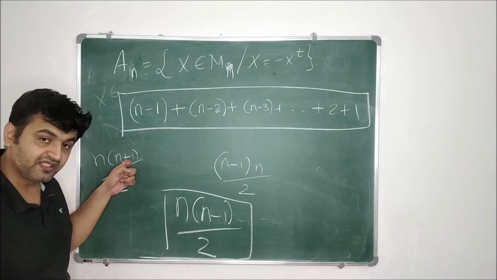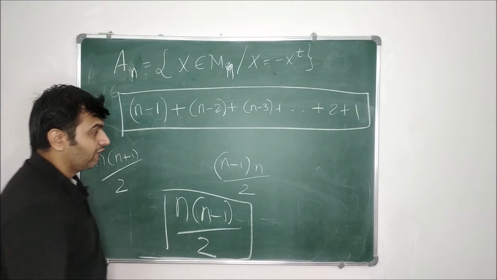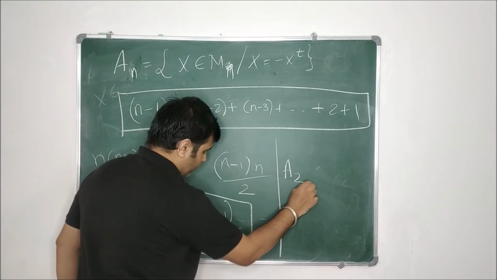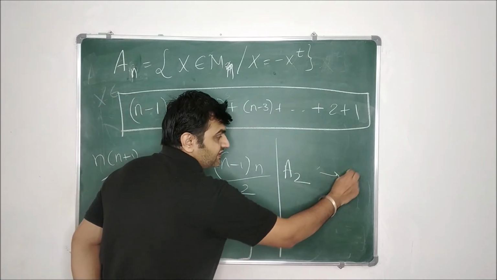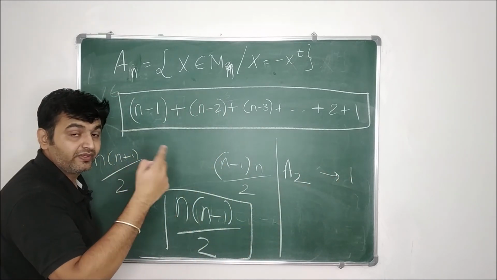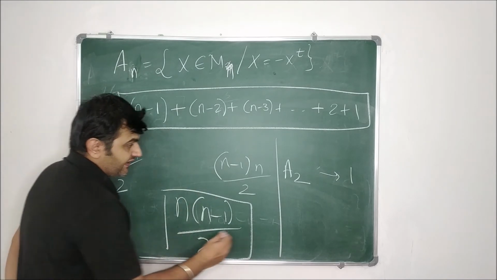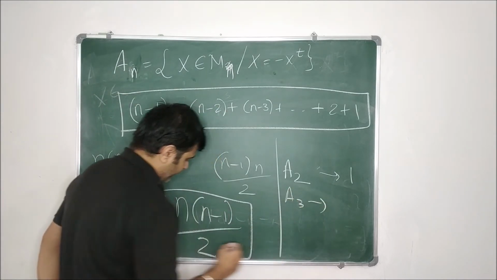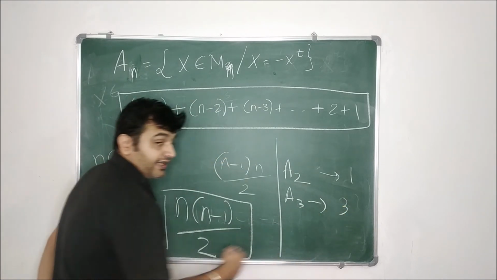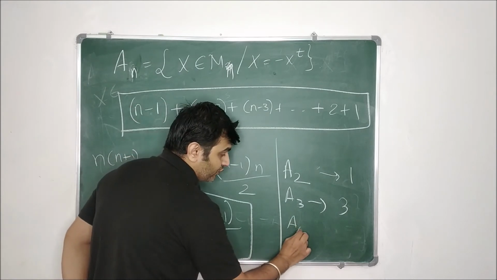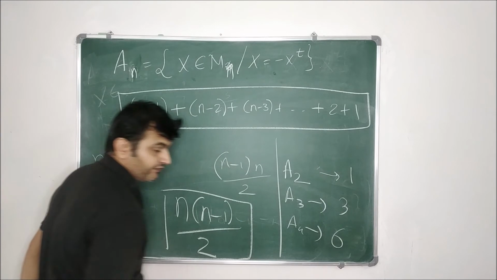For symmetric there is a plus sign, for skew symmetric there is a minus sign. And you can verify what was our A2. When your n is 2, you put n equal to 2. 2 gets cancelled, 2 minus 1 is 1. Dimension was 1, and that's what we found: A12 into that matrix element, E12 minus E21. When my n is 3, you put 3 into 3 minus 1. So that will get cancelled, only 3. And that's what we got as well. For A4, you put 4, so 2 1s are 2, 2 2s are 4, and we got 6.